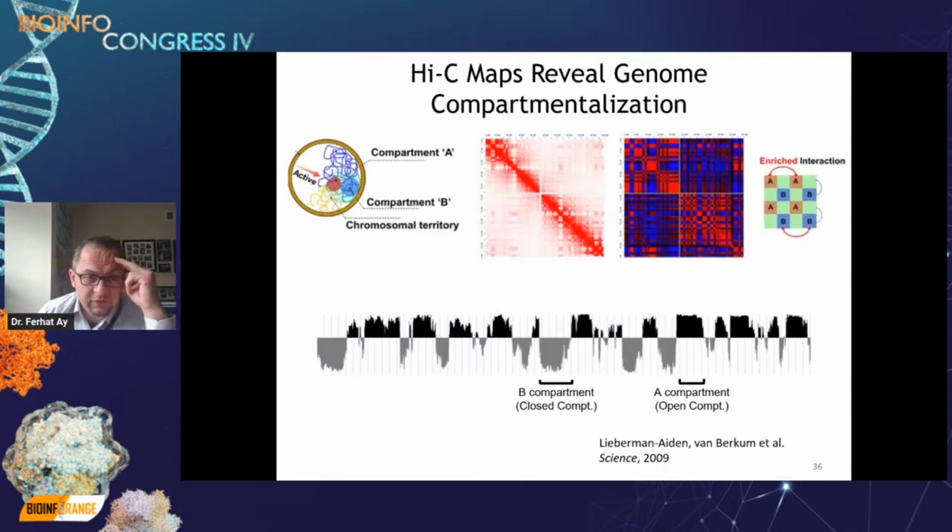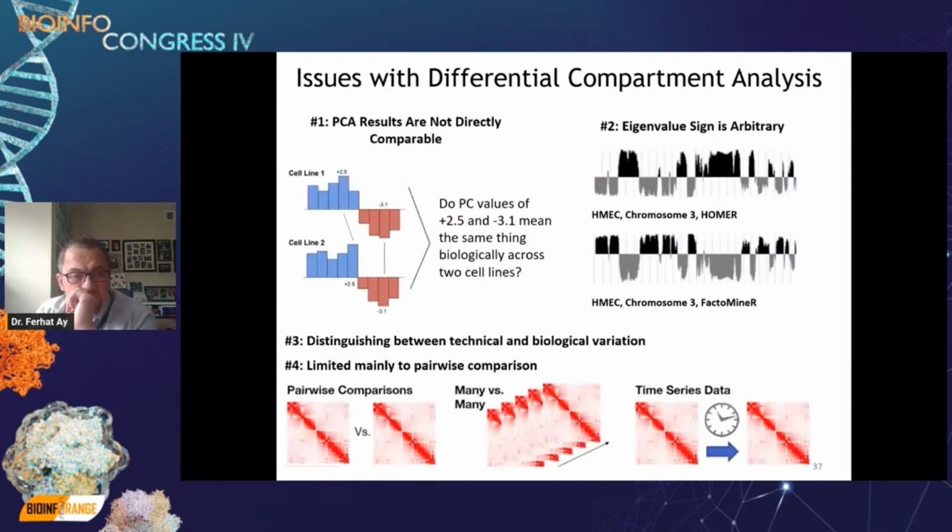These compartments are those two big chunks of regions, these flat pattern regions, that interact with each other but not across. Conventionally, we call A compartment the open chromatin regions and B compartment the closed chromatin regions. They fall out from this matrix: you normalize, you correlation transform it, and then you do principal component analysis or eigenvector decomposition. The first eigenvector gives you the positive and negative signs, these A and B compartments. So their identification hasn't been much of an issue, but when you look across different conditions,